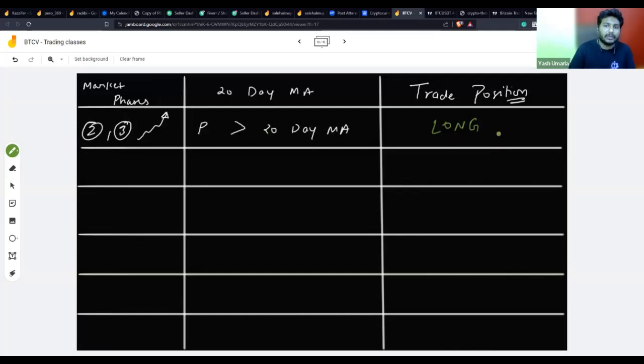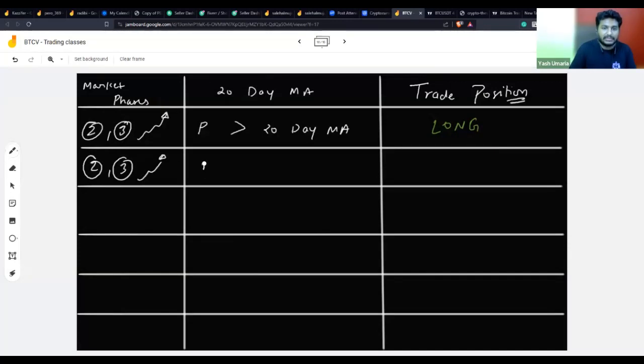Now you see it becomes simple. So whenever you see this kind of condition, you should always take a bullish or a long position. Okay, great. That means you have already ignored the short position case, right? Okay, the second one. So again, if we are in the second or the third phase and the market is moving up, but this time the price is less than the 20-day moving average,